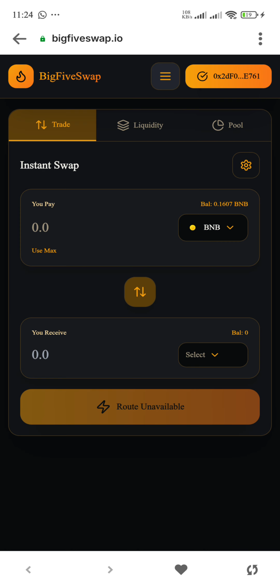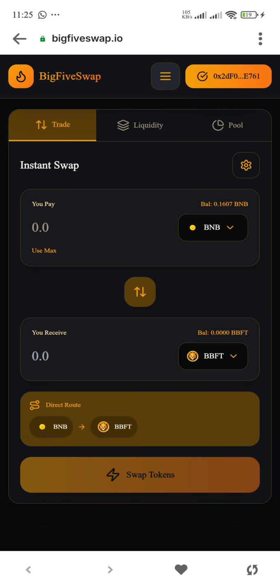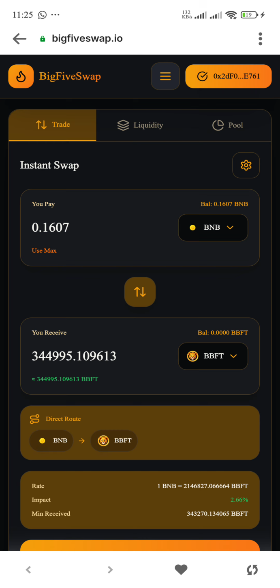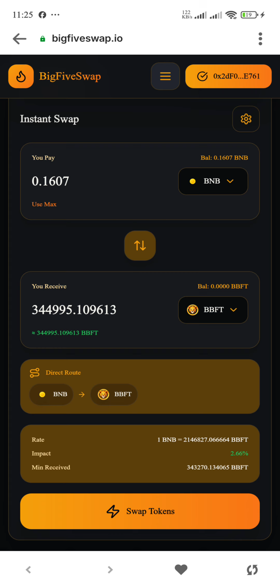I will select the BNB. There is my balance on BNB. Then I will select the coin I want to swap, which is baby BFT. There is my baby BFT. Then I click use maximum, or I can decide how much I want to use. Then there it is. I want to swap my 0.16 BNB to baby BFT. Then I will scroll down here, and then I will click